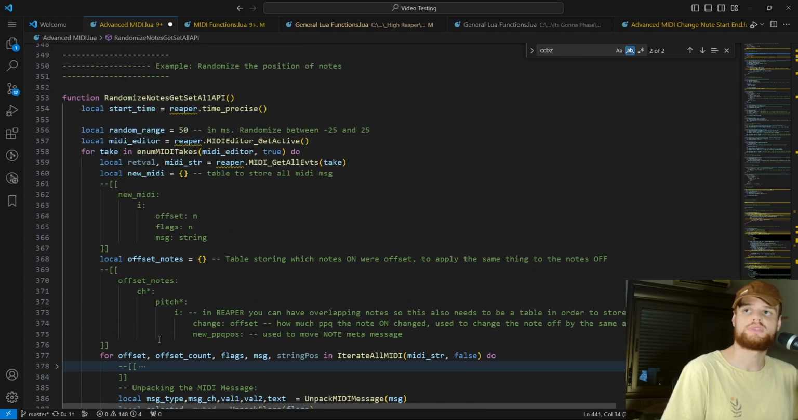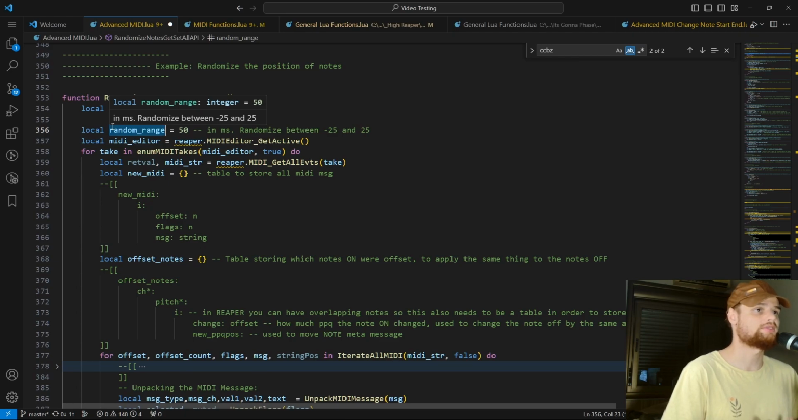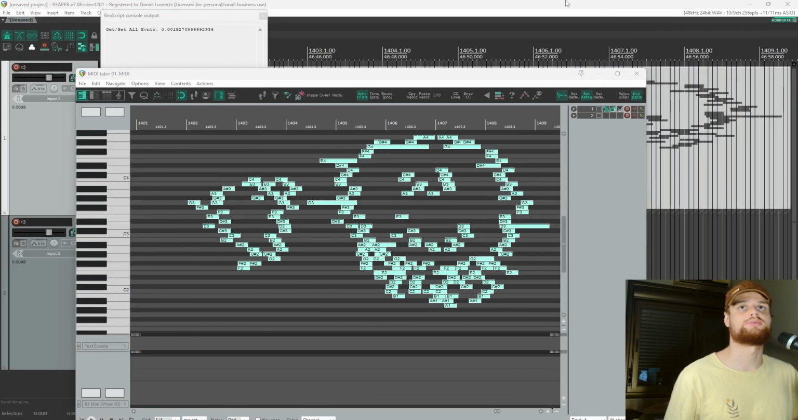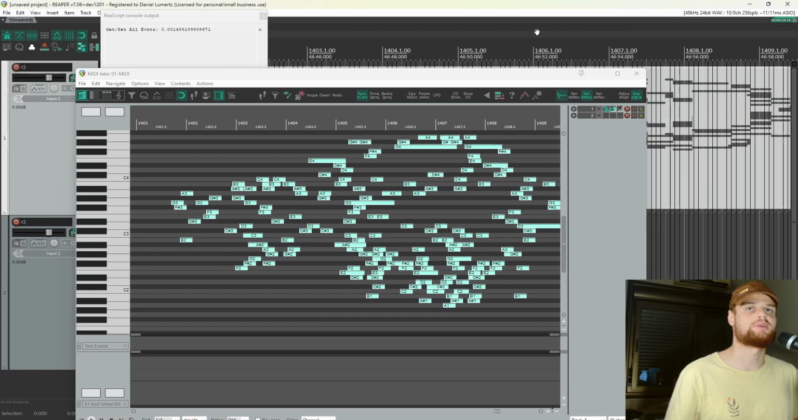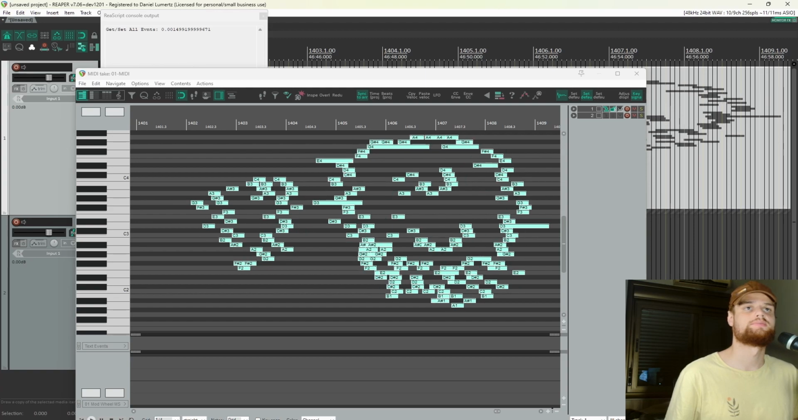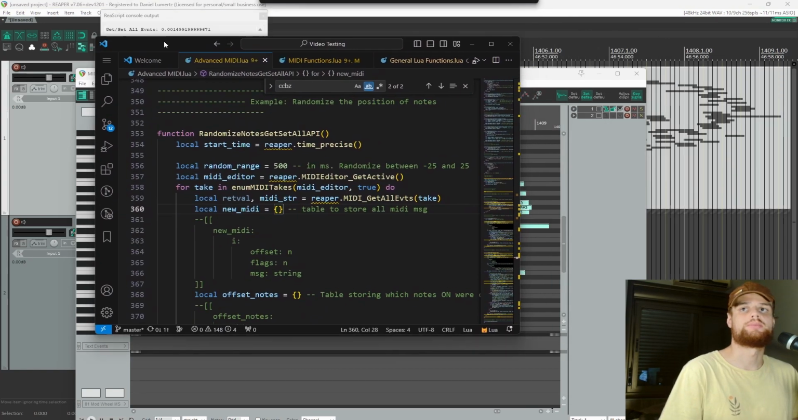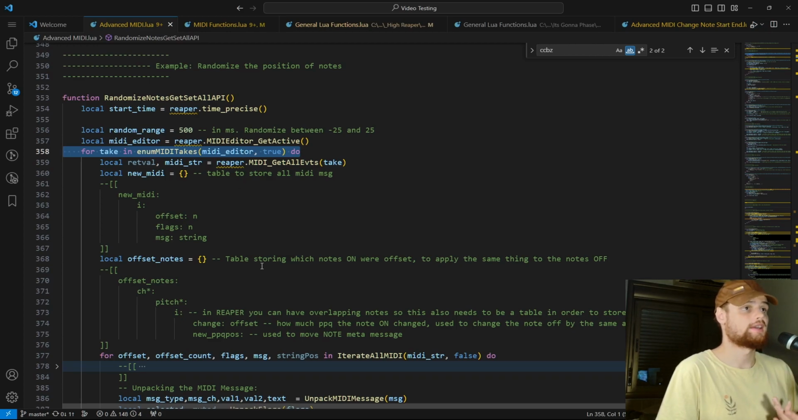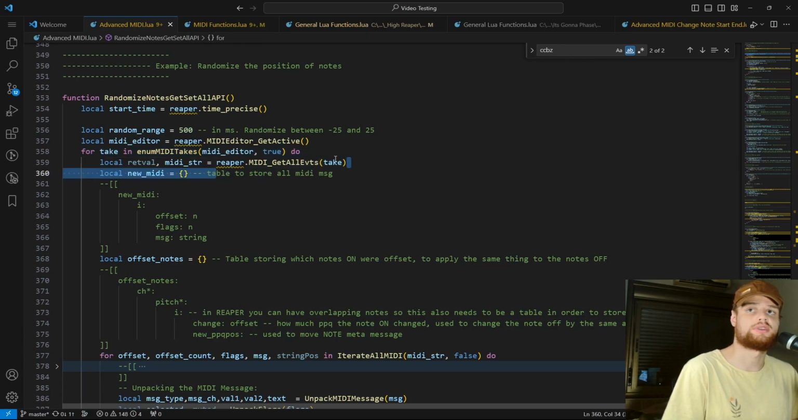And okay, before that, random range is a variable for the amount of randomness you want. So 50 milliseconds in this case. We could put bigger values, so it would randomize much more. Let me save the file. So now it's randomizing by a much bigger value. Go back to here, and then the MIDI editor, then iterating every take that is open on the MIDI editor, getting all events for each take,